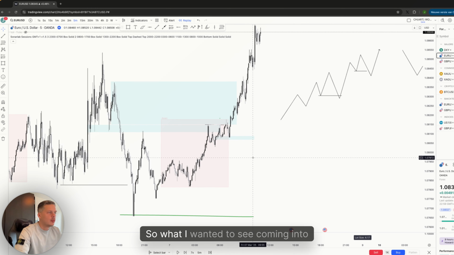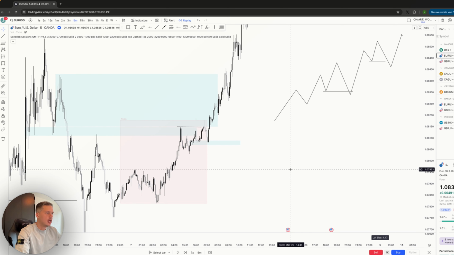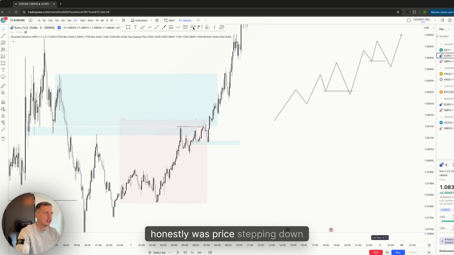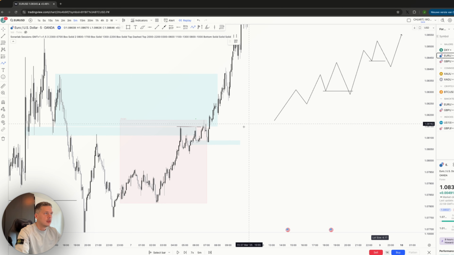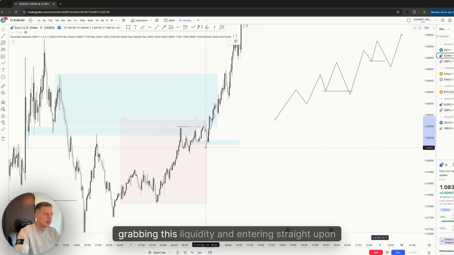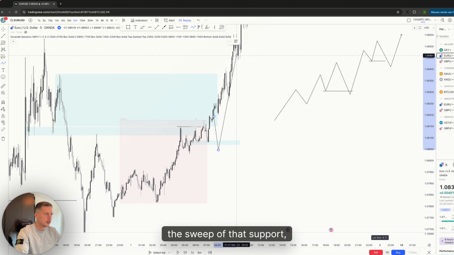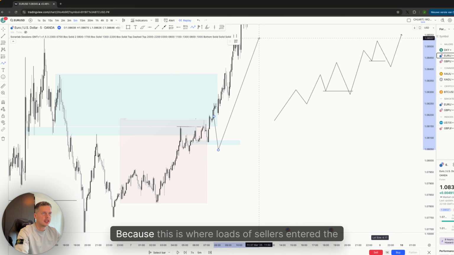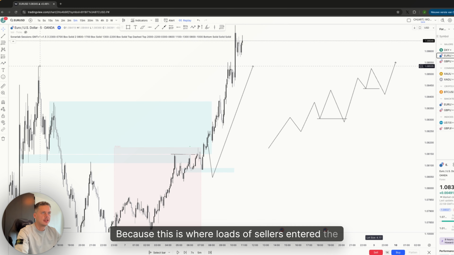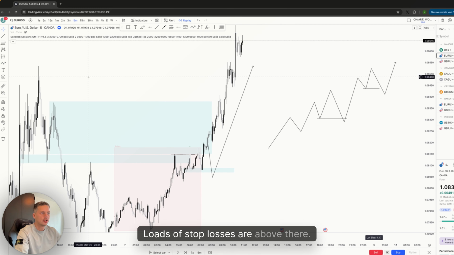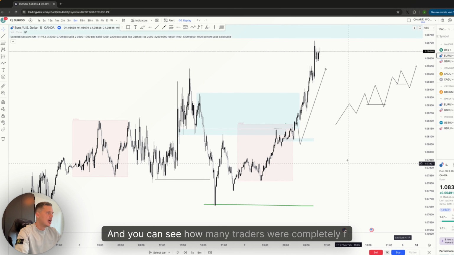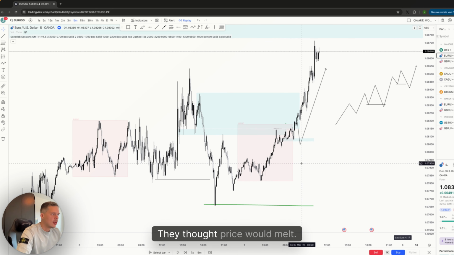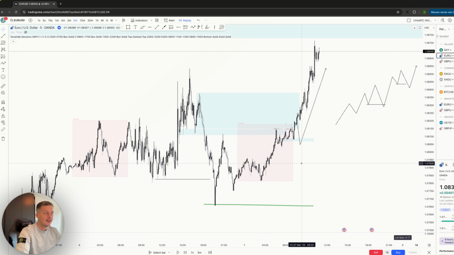So what I wanted to see coming into London, honestly, was price stepping down like this, grabbing this liquidity, entering straight upon the sweep of that support, targeting the next high, because this is where loads of sellers entered the market, right? Loads of stop losses are above there, and you can see how many traders were completely messed up in the game. They thought price would melt. They got some